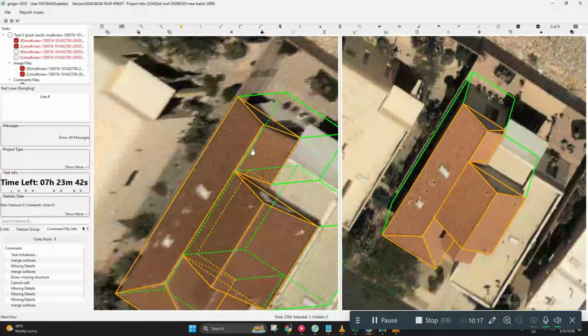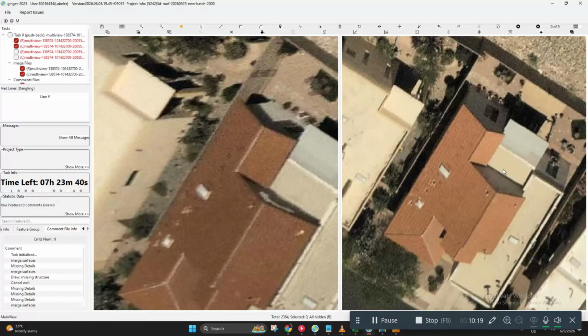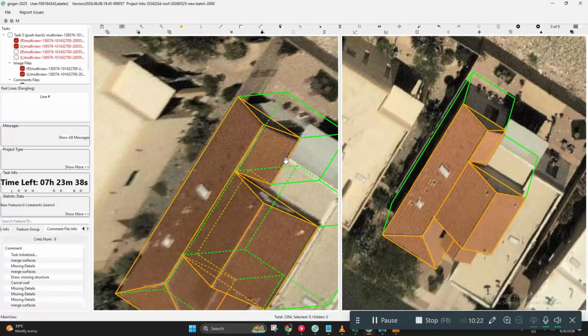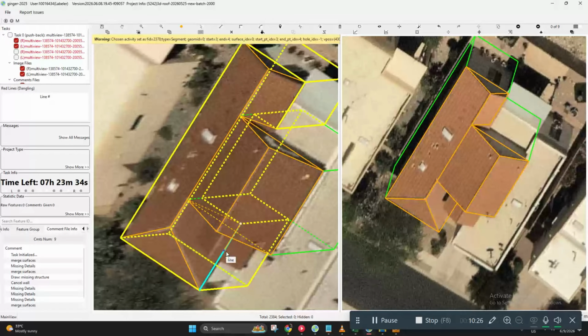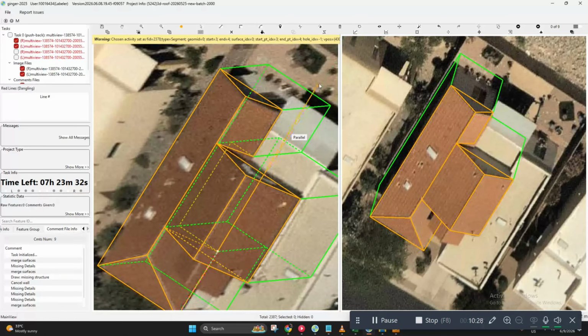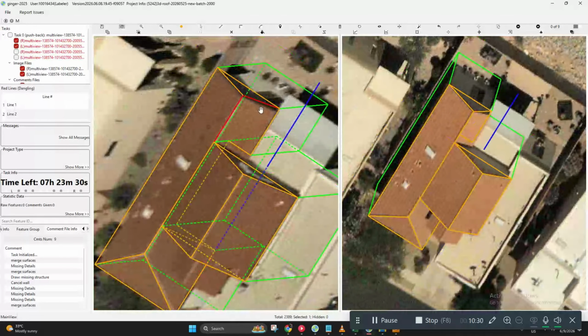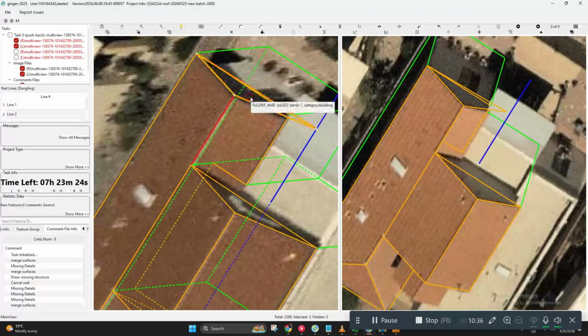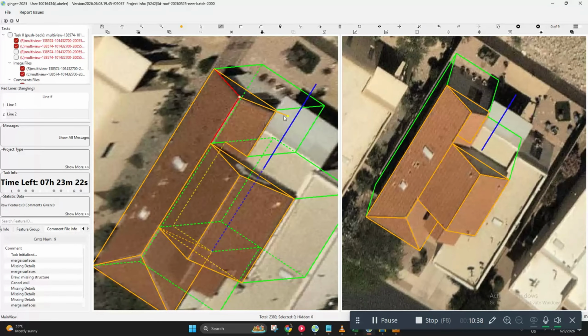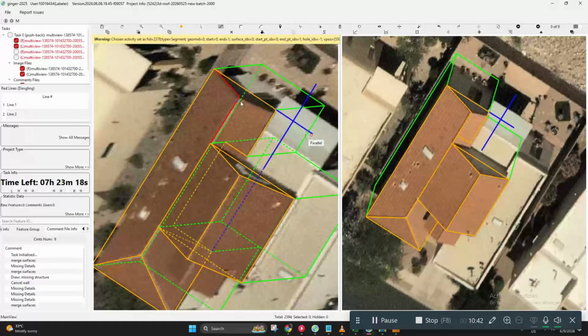For this area right here, wait, I think I know. So it should look like this. Let's try. Okay. So I think it should look like this.